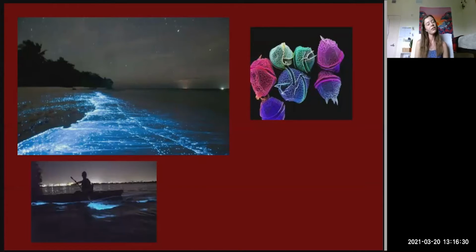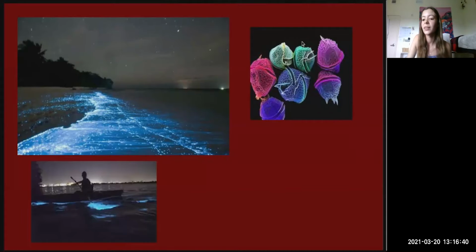I don't know if you guys have ever seen fireflies, but every now and then they just glow, and it's just a chemical reaction that occurs, and it's supposed to ward off predators. But it just looks beautiful. These are them under microscopes. They kind of look like fortune cookies, but you can actually kayak and go to different places in Florida where